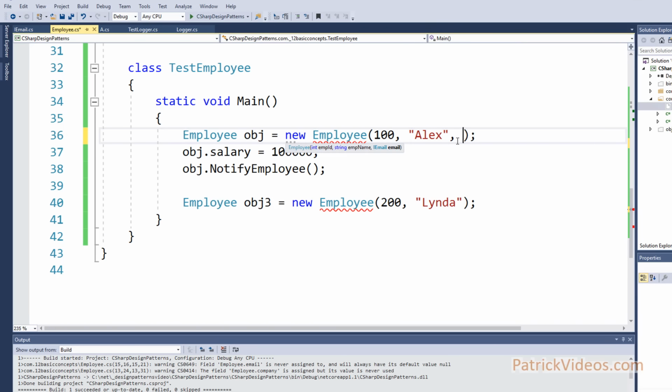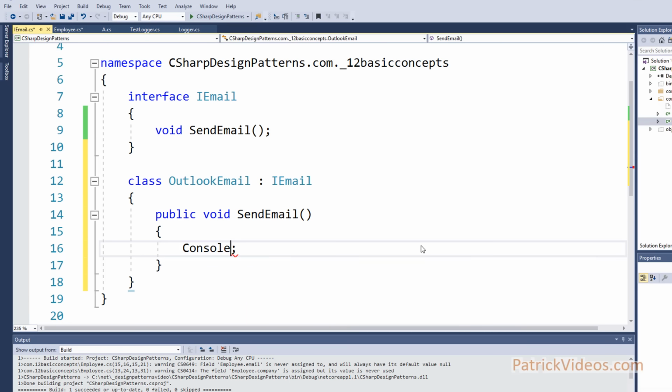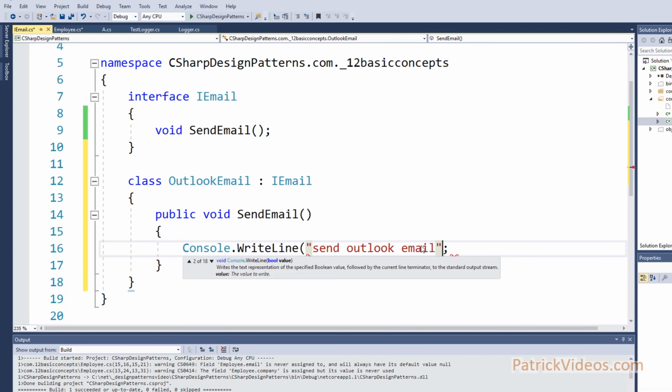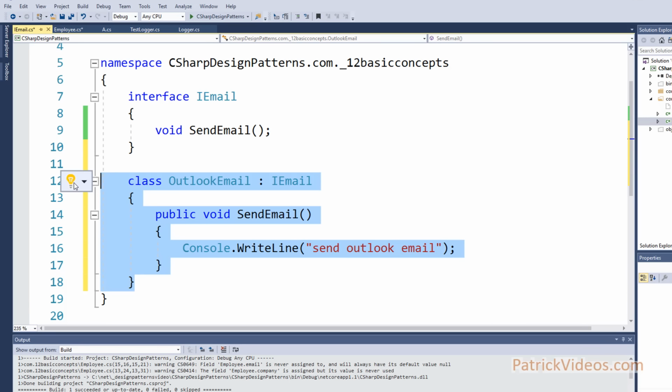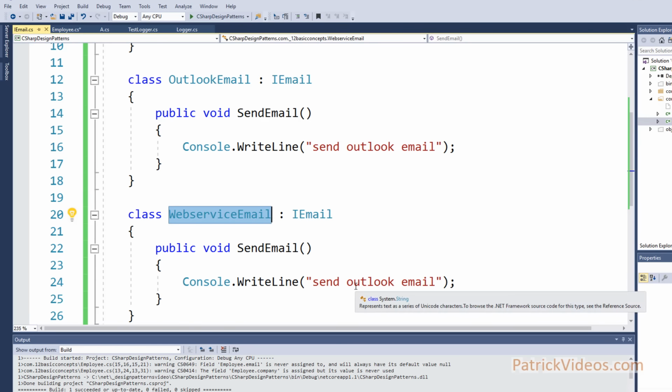How do we pass the email object? We don't have any implementations. You cannot create an object of an interface, so you need an implementation of iEmail, like say Outlook email or web service email, or you can have multiple implementations of it. So let's create two implementations of iEmail. Here OutlookEmail implements iEmail and the sendEmail method will print out send Outlook email. Let's have another implementation, web service email, which will print out send